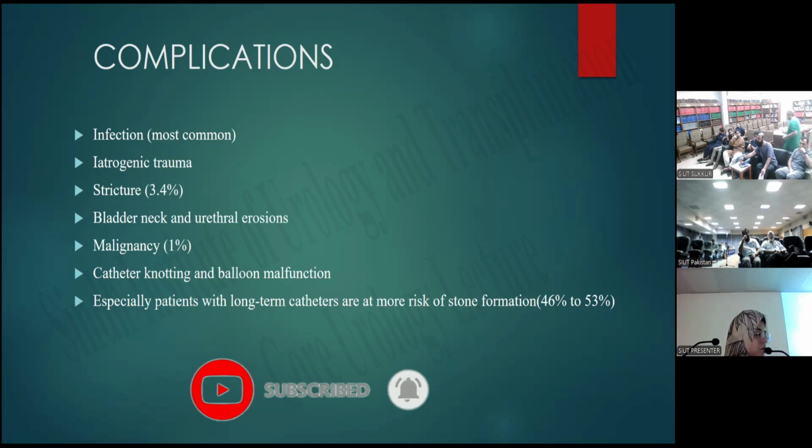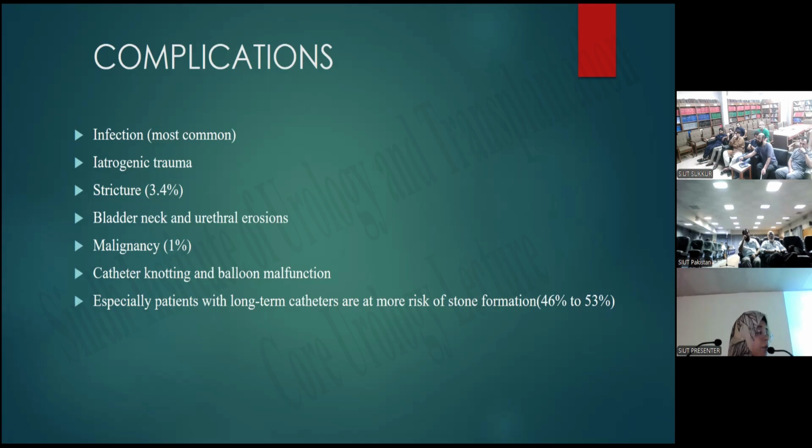So why will the catheter knotting occur? If your catheter is not at the proper placement, it is passing beyond the bladder neck, then it has the chances to get knotted. It's a very rare complication, reported very rarely, but yes, it is among one of the complications, and we should know how to manage it. As I've told you before, cystoscopy should be done, and a scissor is used to cut the tip of the catheter, and then you remove the remnants of the catheter tip under cystoscopic guidance.